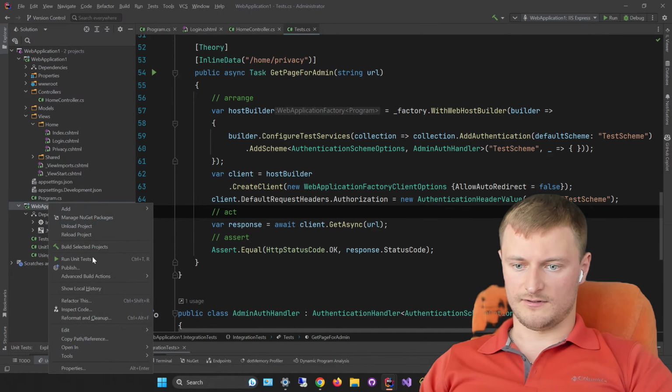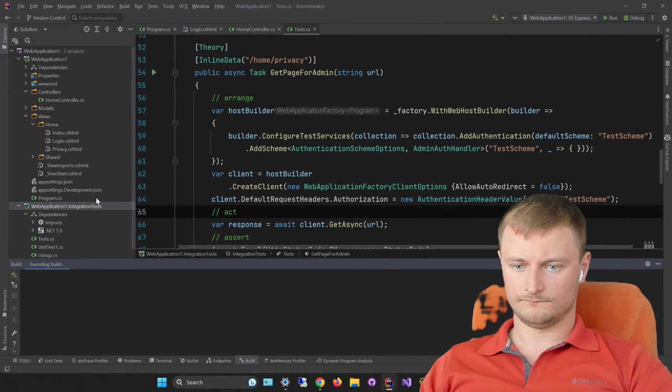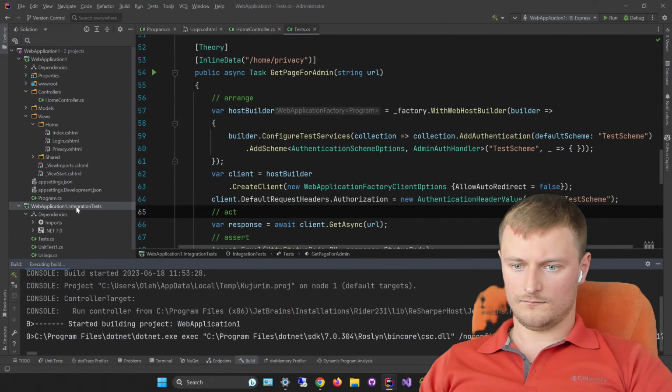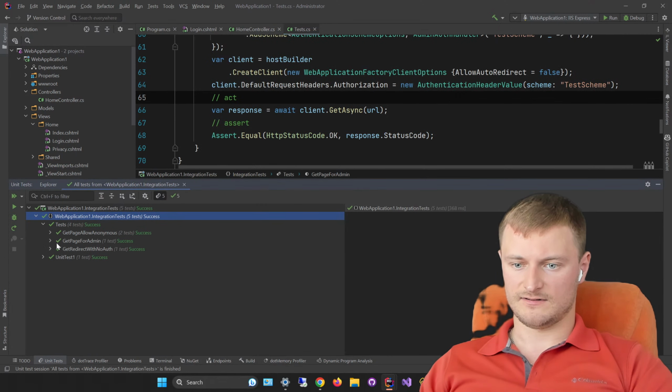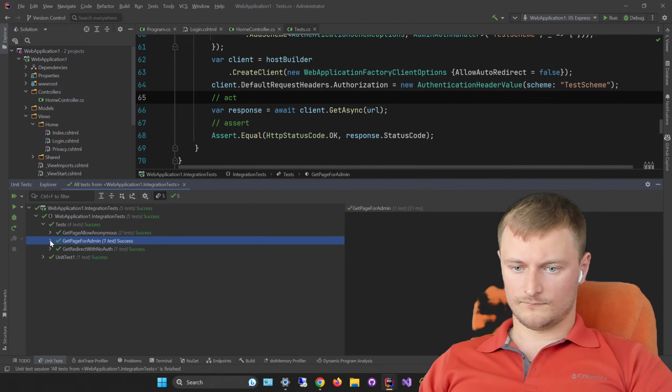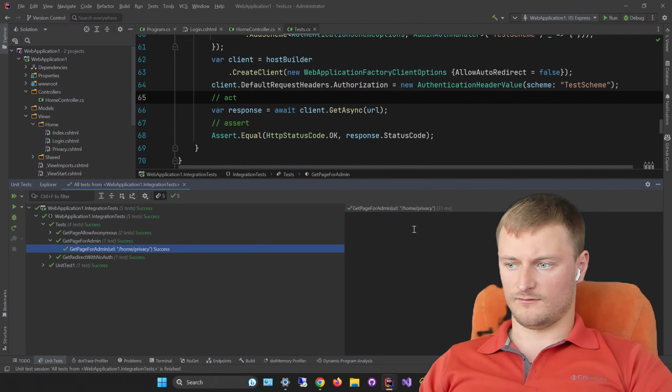Let's rebuild our integration tests, and let's run and see whether it succeeded. Yeah. And as we can see, we have got this test successfully running. But